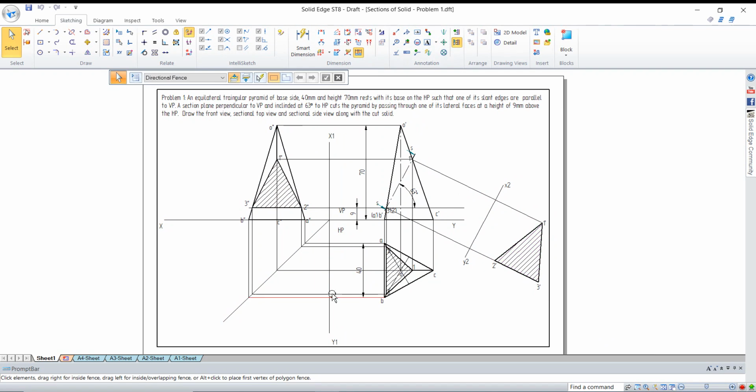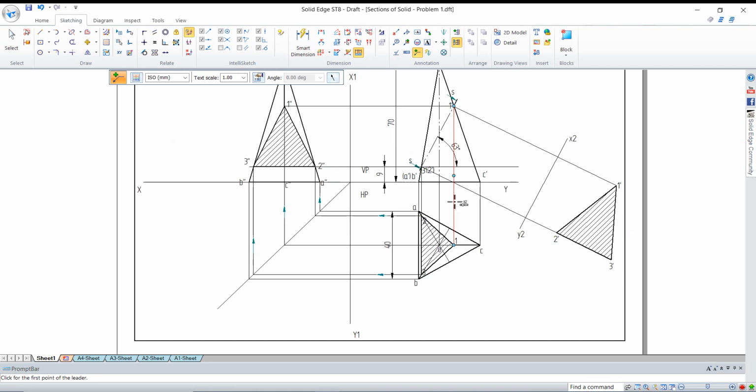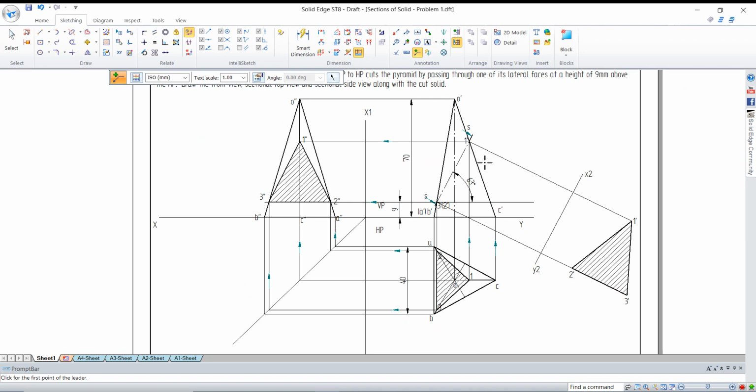Save it. And then, if you have time, you can mention this is the true shape by using a leader, and better to show the direction of how you have done it. This is the direction we followed, going here to draw each and every line, whereas this was a diagram.